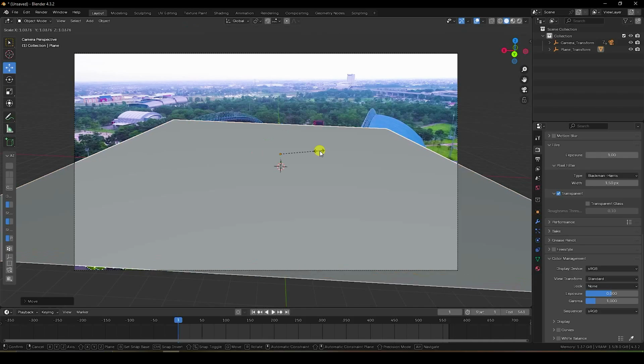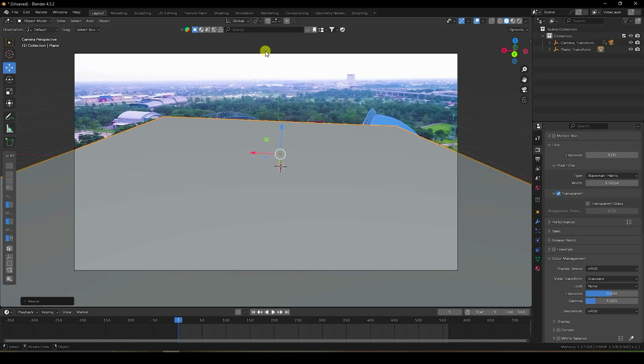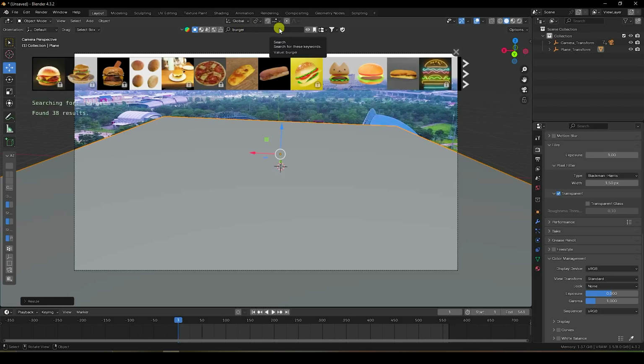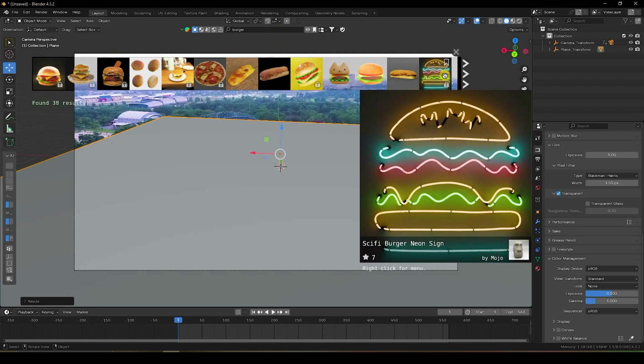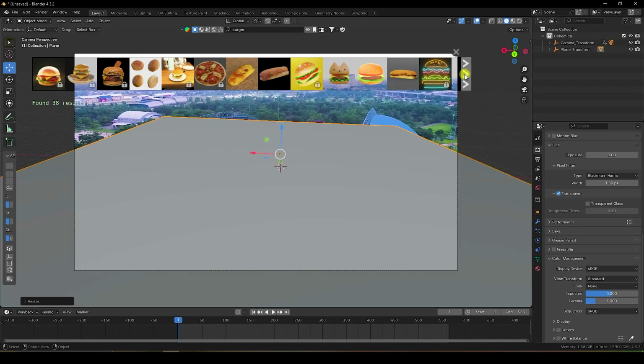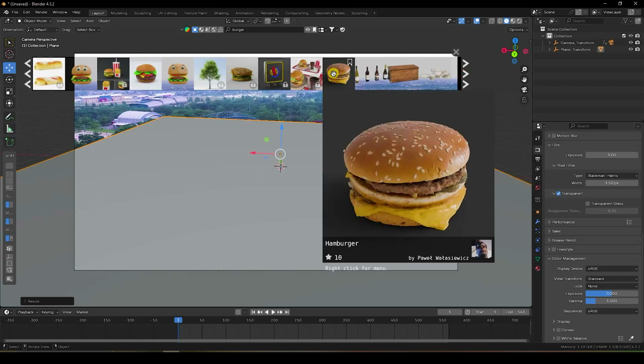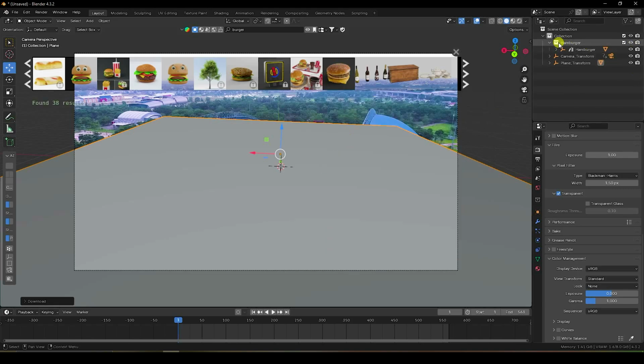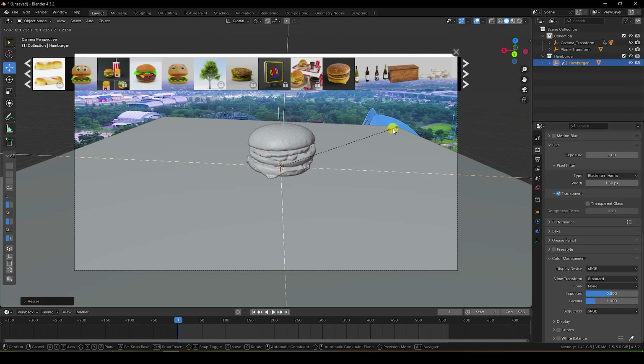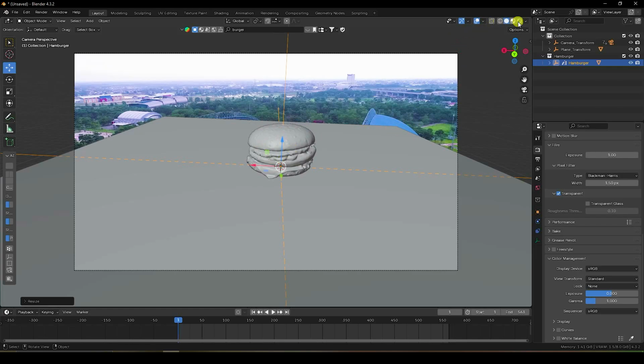Next, I apply a hamburger first. I use the BlenderKit add-on, so type burger, yeah, and that's my different style of objects. But I like this one, this is fit for my work, and it's a realistic view. Apply and change the location like this. Select this hamburger and increase the size like this, yeah, perfect.